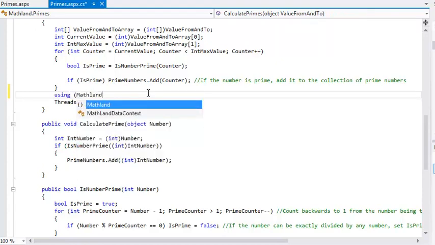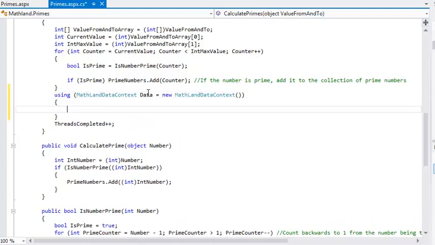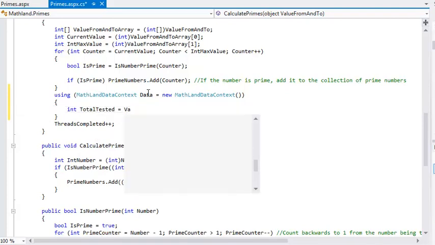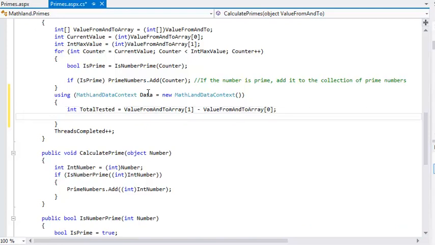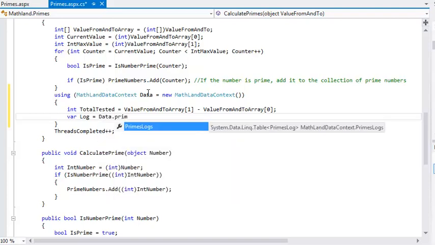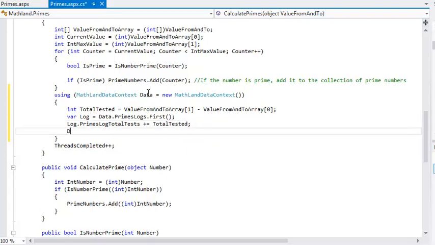Using MathlandDataContext data = new MathlandDataContext(); int totalTested = valueFromAndTo[1] - valueFromAndTo[0]; var log = data.PrimesLogs.First(); log.PrimesLogTotalTests += totalTested; data.SubmitChanges();